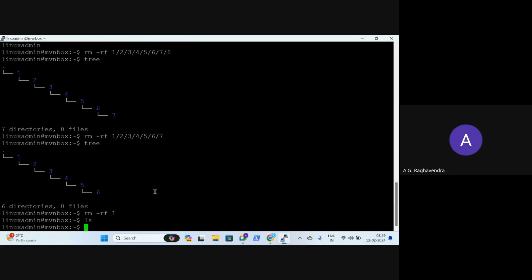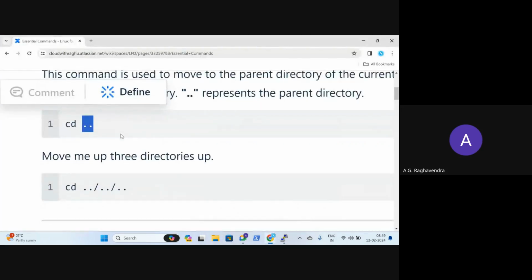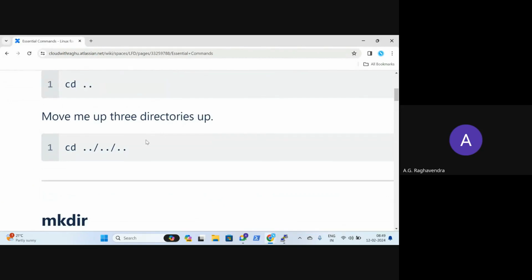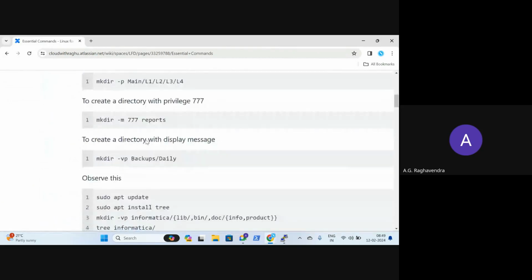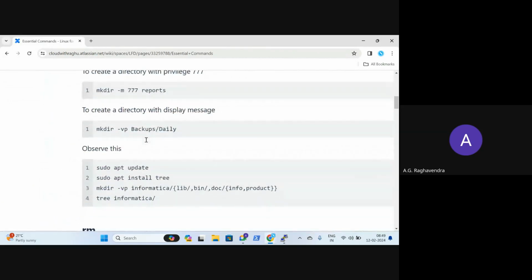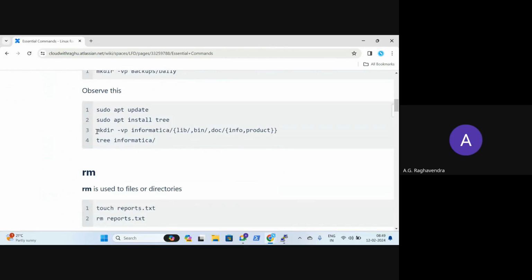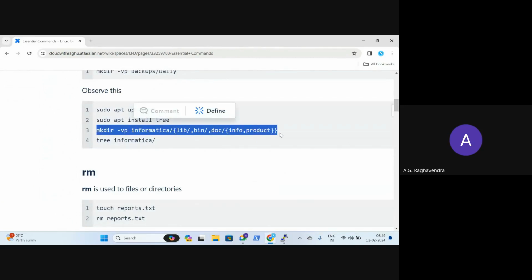If you want to remove the top level, make sure you only give the top level. If you want to give the low level, make sure you give the right low level. So I also give a couple of things to practice. You can practice. Now this is quite important.